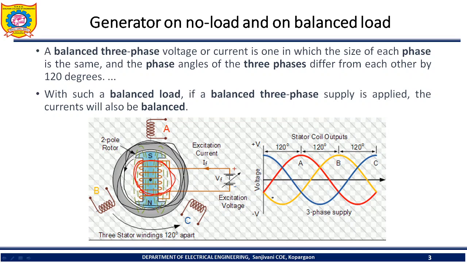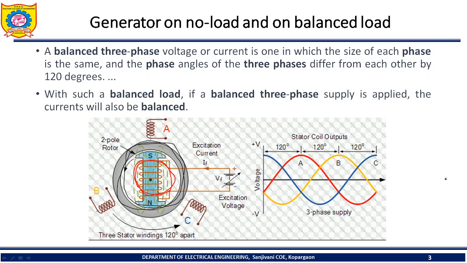If you go towards the balance load, when such a balance load is connected to a three-phase supply, then a balanced three-phase current will flow from the terminal. The terminal is there, three-phase terminal voltage is there, where you connect, and a voltage is developed. And because of the balance, all the three phases are displaced from one another by an angle of 120 degrees, and have the same maximum value. So this is the concept of balance load.